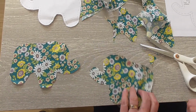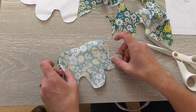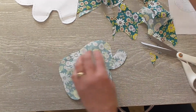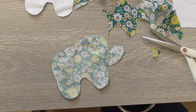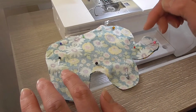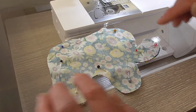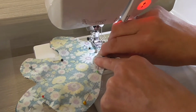front and a back, and simply place them together and repin around the edge. You can leave your elephant pinned. If you want to tack it, you can do, but I'm quite happy to sew with pins, but remember, don't sew over them. So I'm going to start at his back,